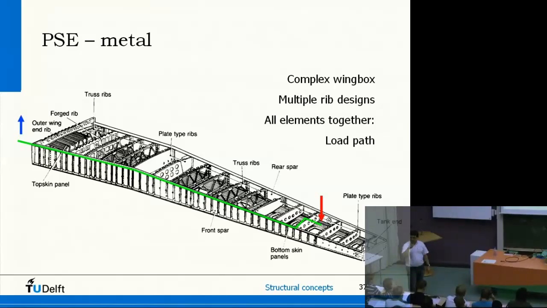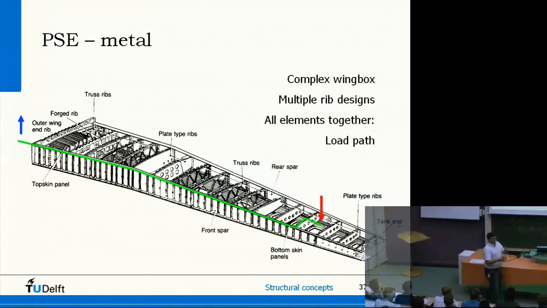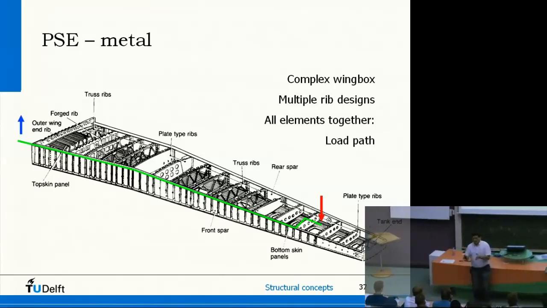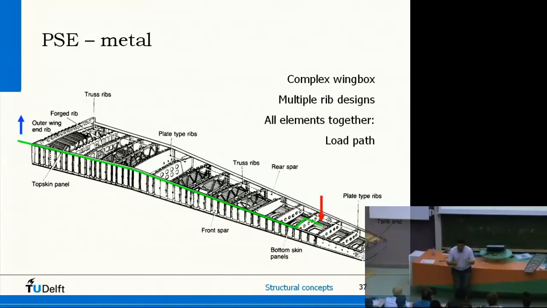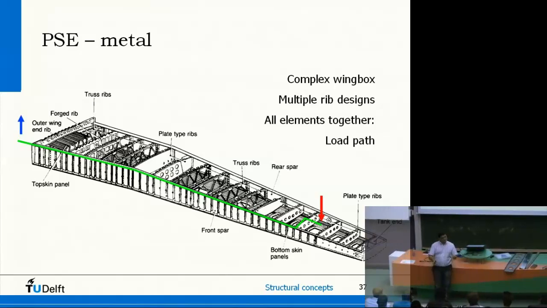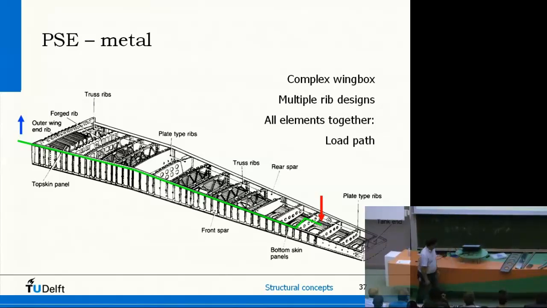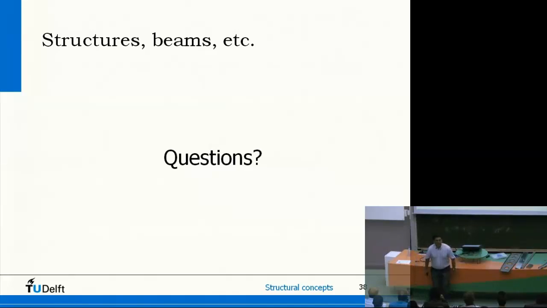So I can transport, more or less, this vertical force to the root of the wing to make equilibrium with the one coming from the side, for instance. Yeah? You have to do the same if you have a bending moment, the same if you have a compression, the same if you have a tension, and so on. All these loads you have to think about in terms of load path. Okay. Questions so far?